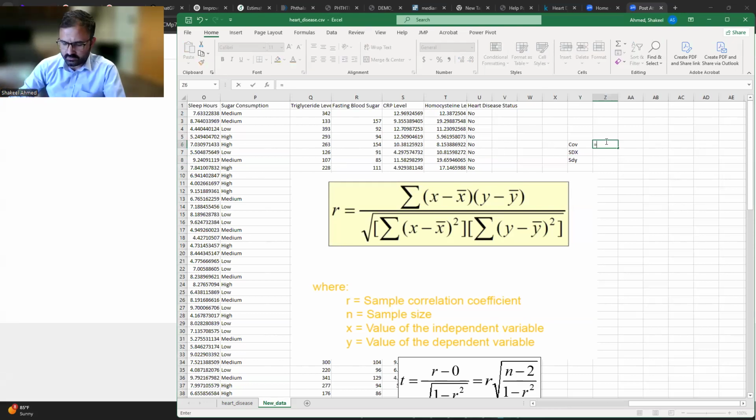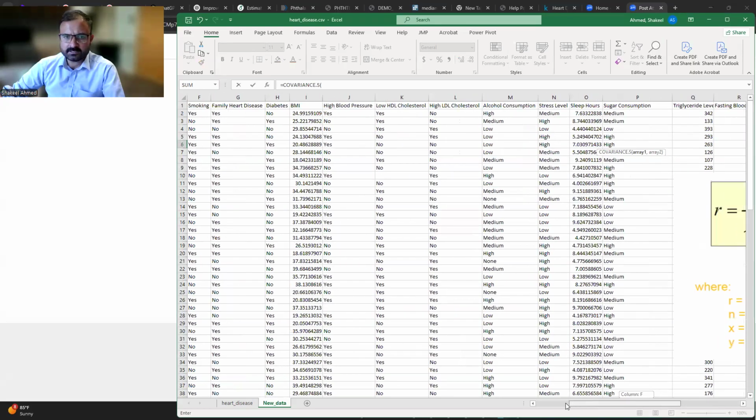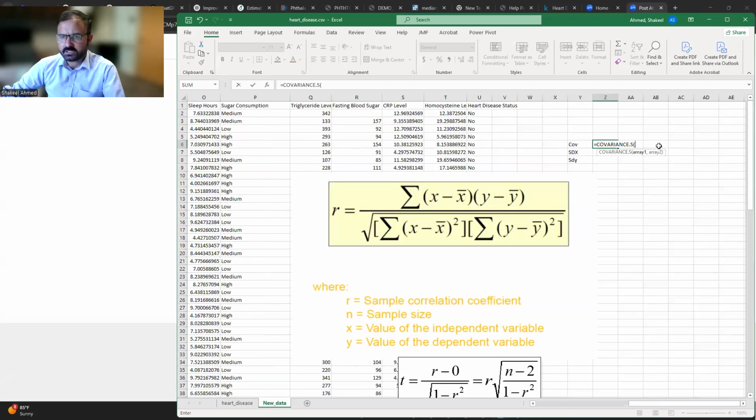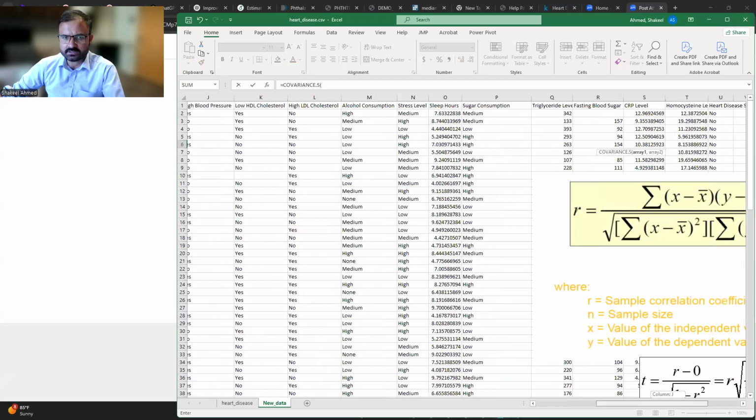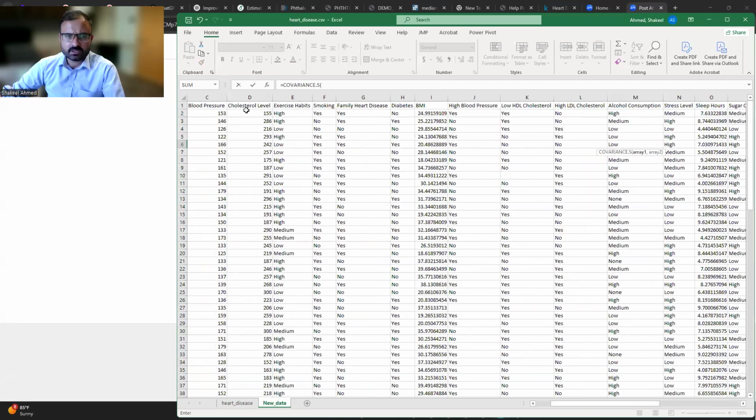How can we find the covariance? Just use the covariance sample function, since we are finding covariance for a sample. You need to select two arrays, array 1 and array 2. So we are selecting the cholesterol level